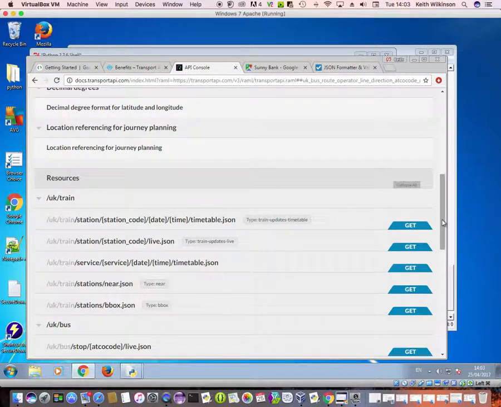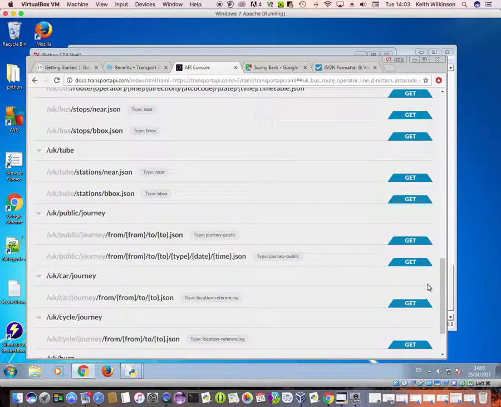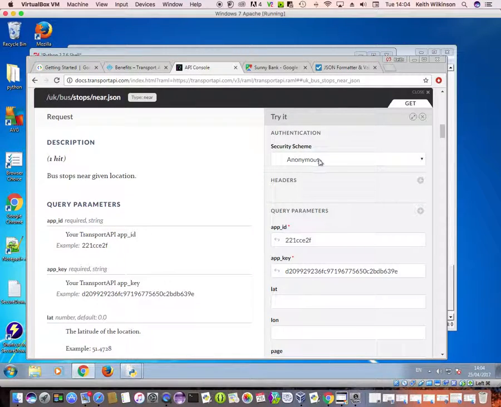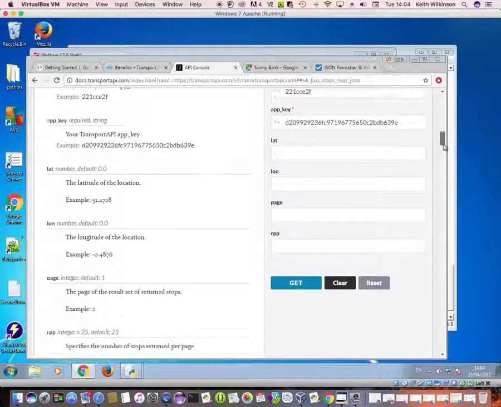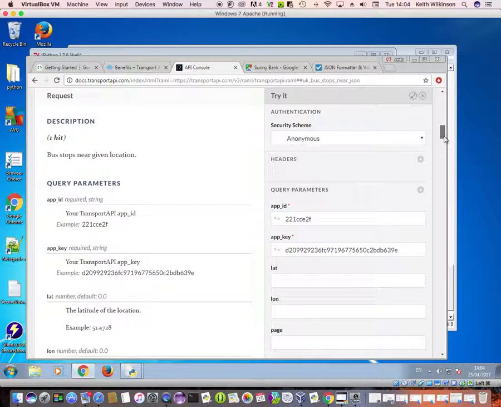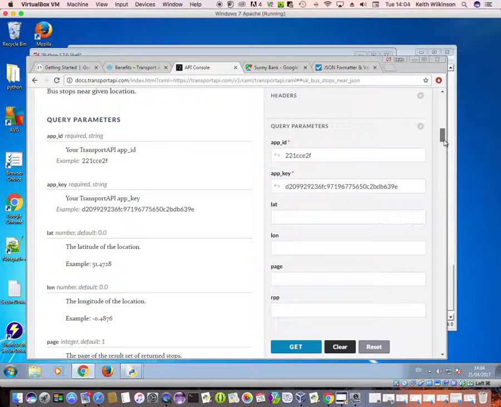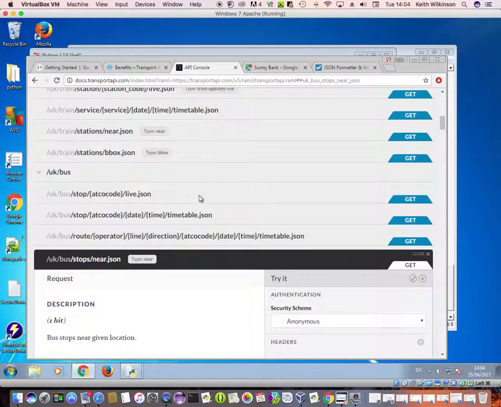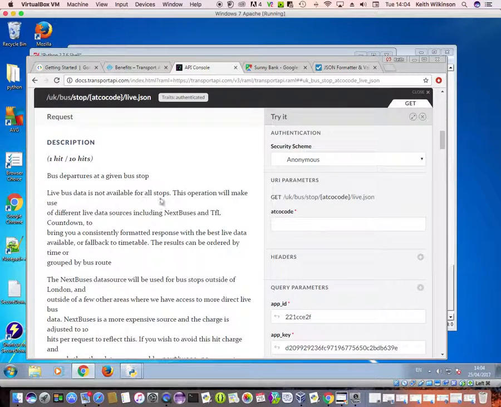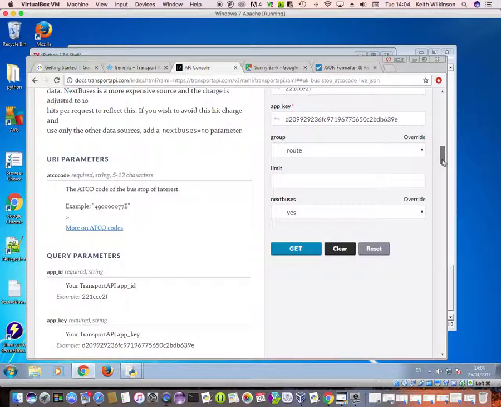I go back to the API console, and where were we? We just choose a simple get. Bus stops near. Okay, it'd be easy if we try one with an echo code. There we go. Live. We didn't even look at live information, which is the next bus. Yeah. 1410, and we get that, but if we run the query we get the actual